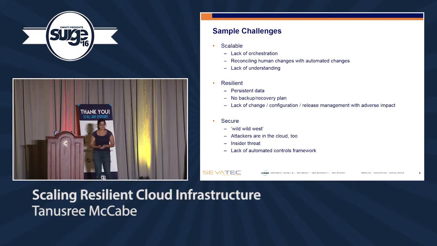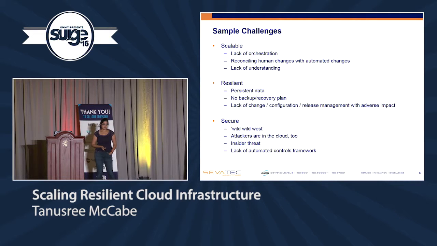Insider threat, this hopefully isn't a case in your workplace, but it's something that highly regulated environments think about, is what happens if that privileged user does something malicious? Or a less vindictive way to say it is, what happens if a human makes a mistake? Humans are fallible, we make mistakes.